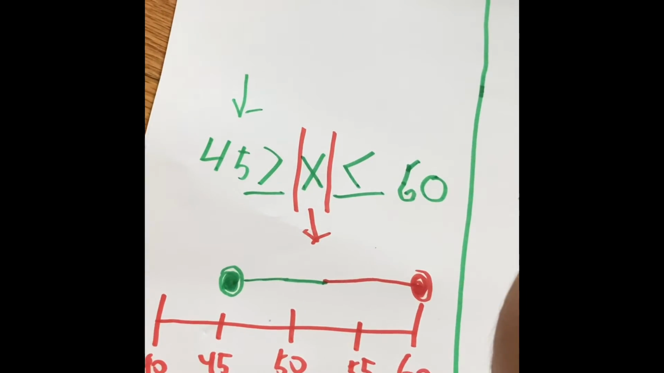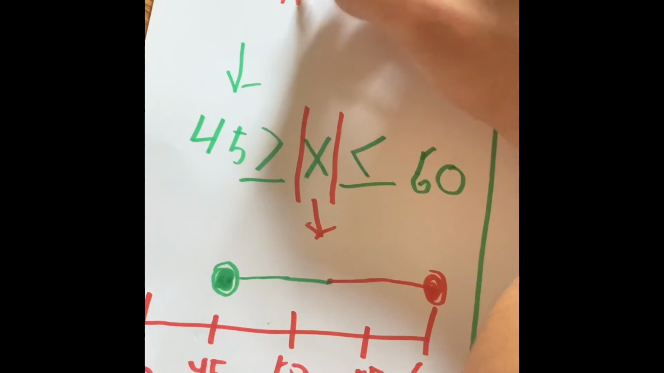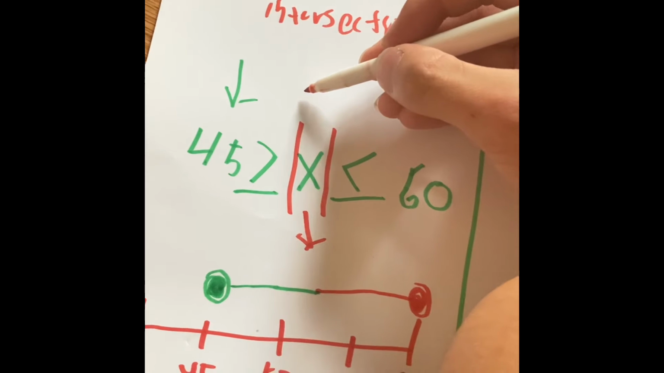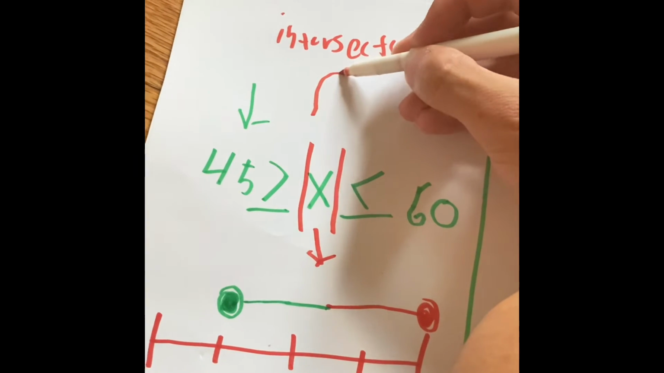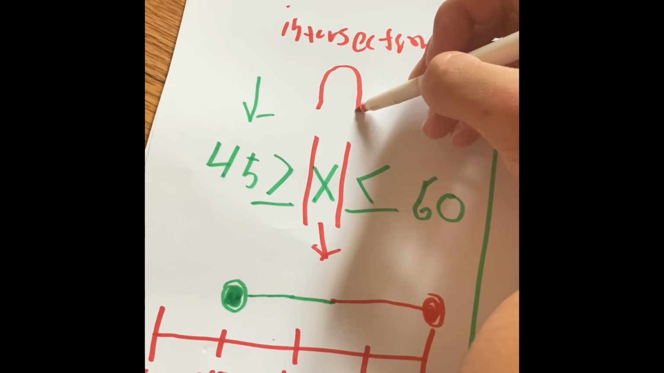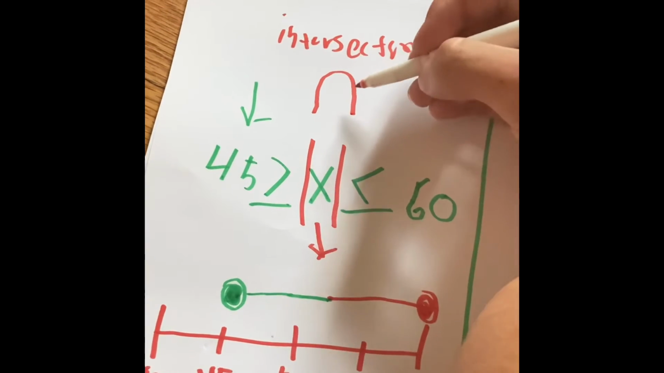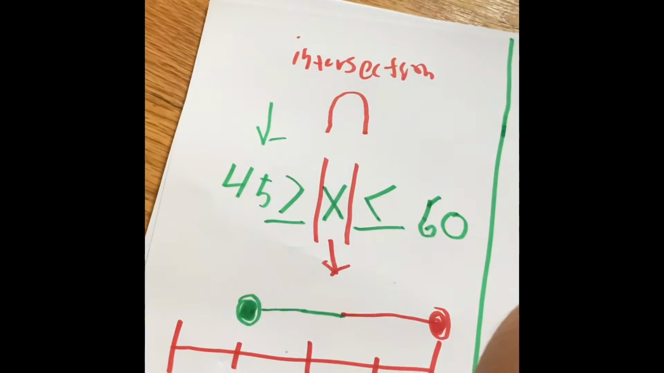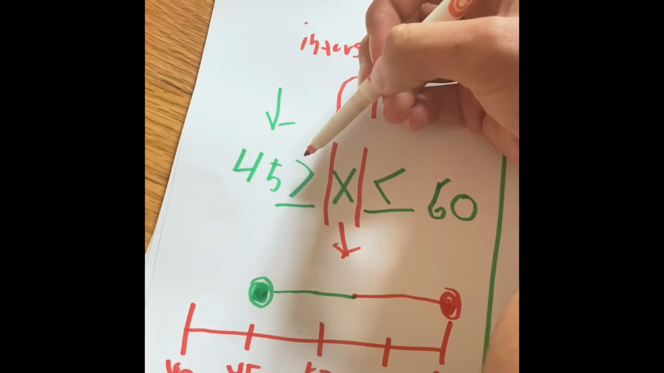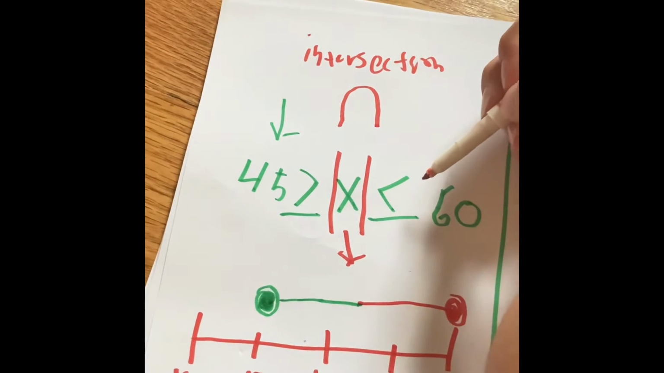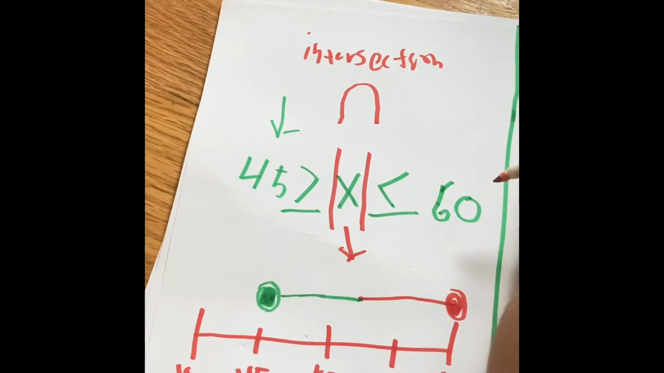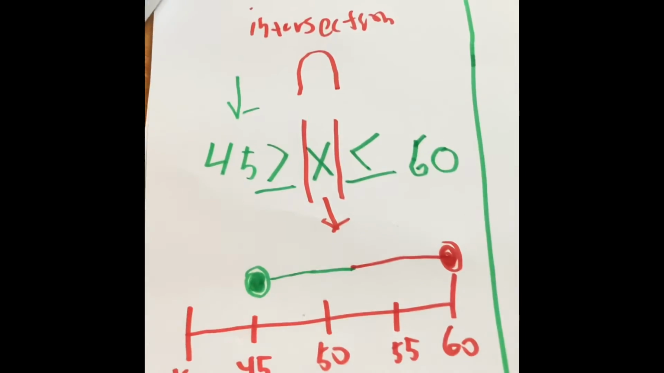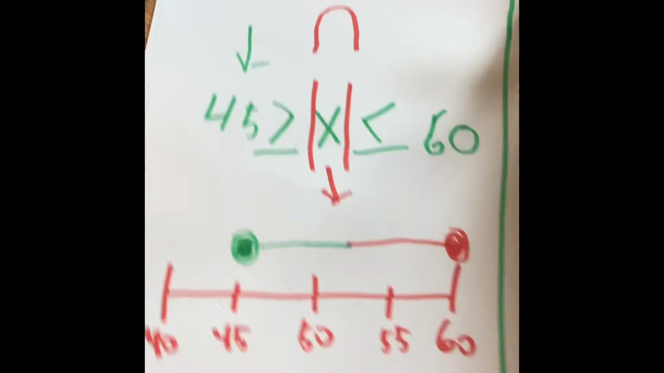This kind of problem is called an intersection. And the symbol for an intersection in mathematics is an upside down U. So pretty much we can say that 45 is greater than or equal to x, and x is less than or equal to 60. That is an intersection. The reason why we like to call it an intersection is because if you make another